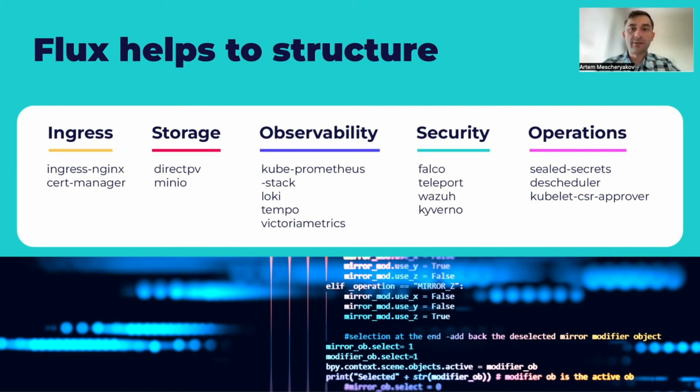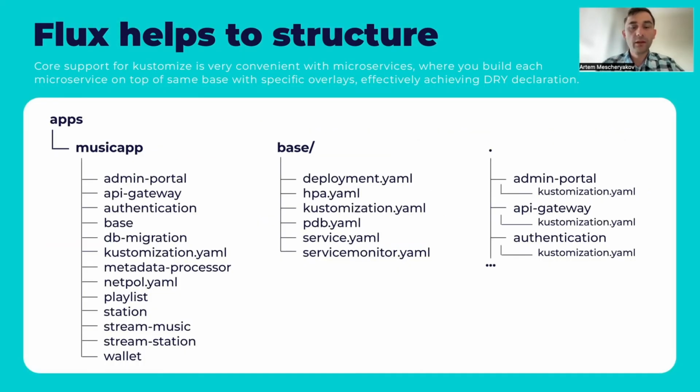And all those buckets are formed somehow like this. So ingress, everything related to traffic incoming to the cluster, observability stack, storage in case we have some storage managed by cluster, security elements like policy engines, like runtime threat detection, and operations group. Here I put some cluster add-ons which help in day-to-day operations. Yeah, that's it for the structure. I think we can